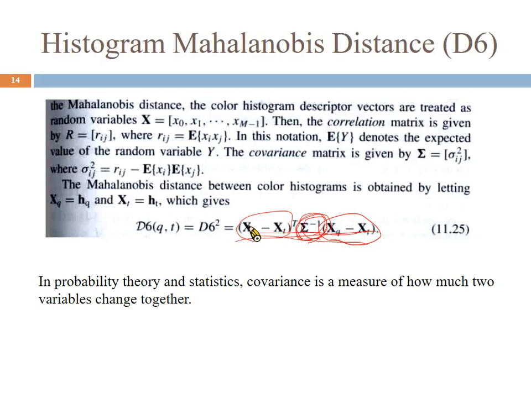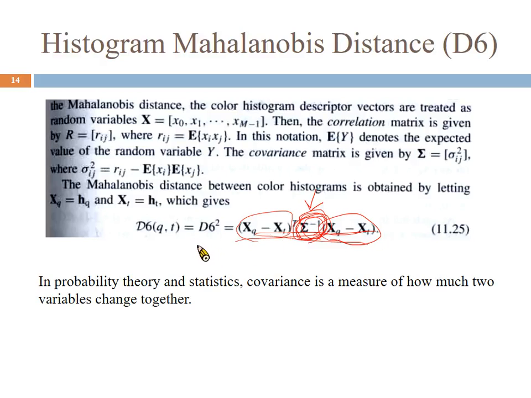That means if SQ and ST for some bin, for some color pair, often change together, then the value multiplied here would be smaller, right? So in a word, for the colors that often change together, we will reduce the contribution of the distance between them